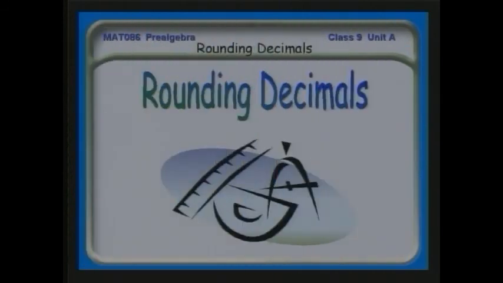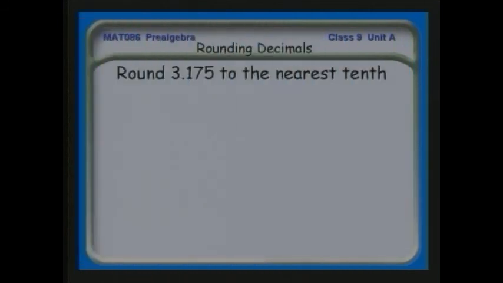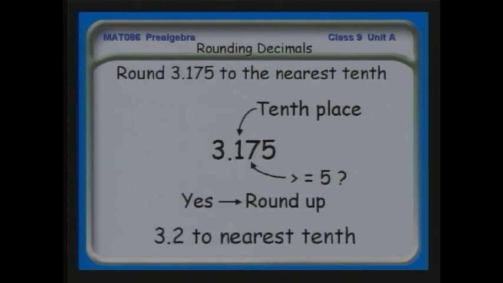Let's look now at rounding decimals. We'd like to round 3.175 to the nearest tenth. We do this very much the same way that we round whole numbers. We put our finger on the place that we want to round to. Then we check the next digit to the right to see whether that's greater than or equal to 5. If that's the case, then we round up. And when we do this, we say that